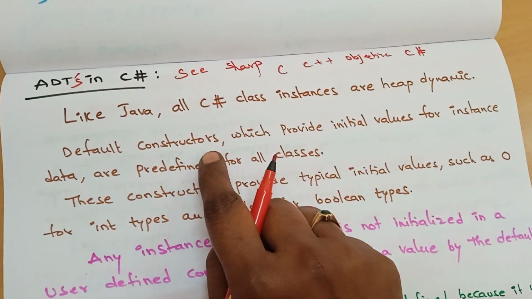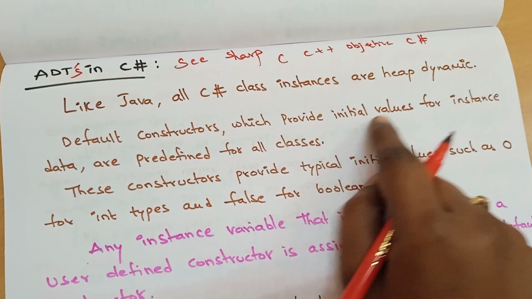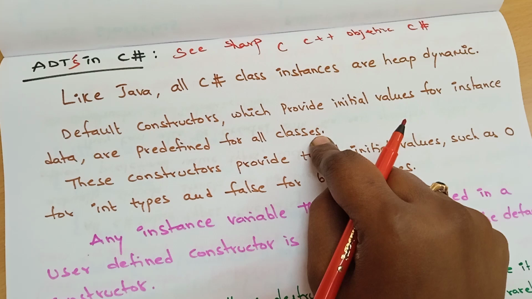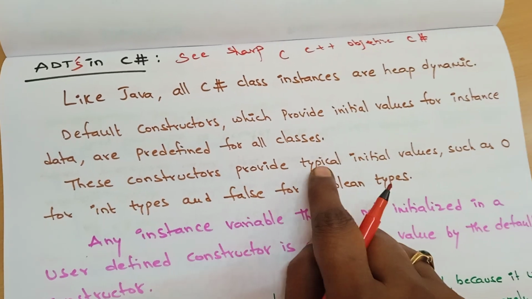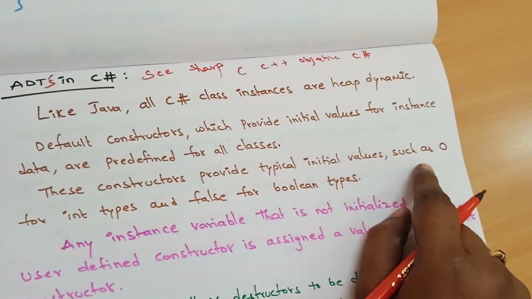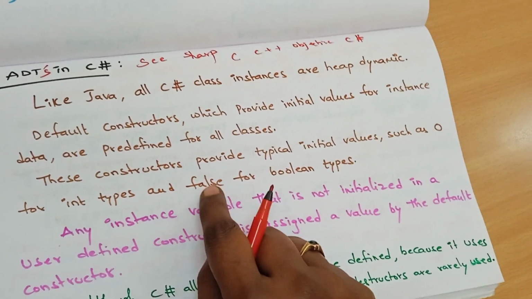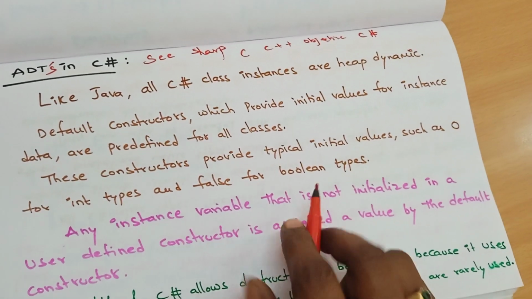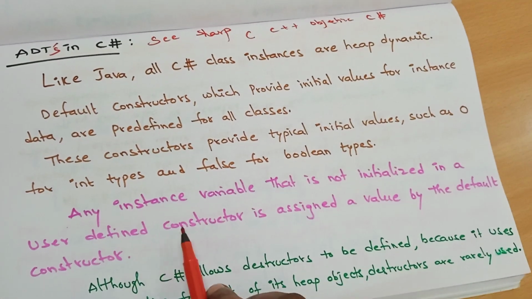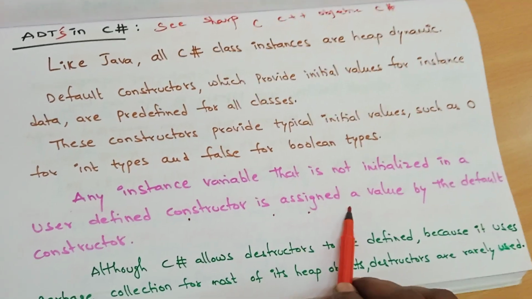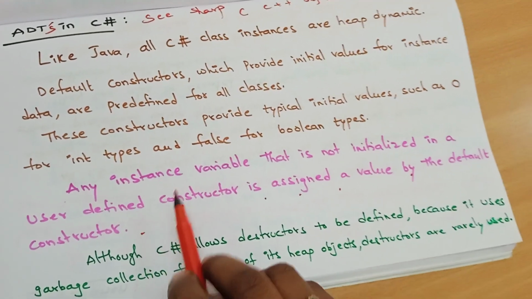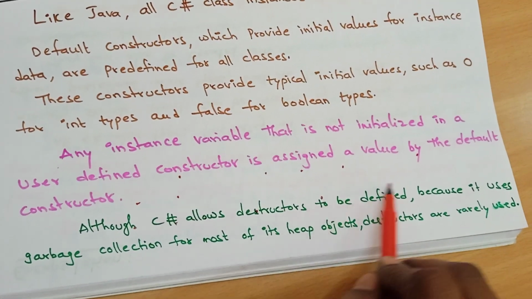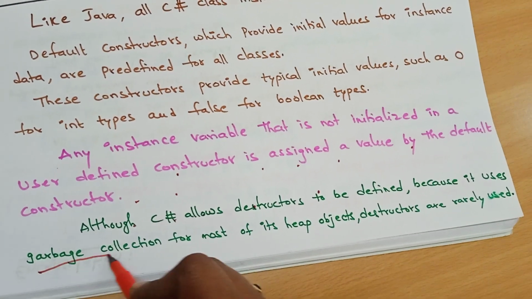Now, default constructors which provide initial values for instance data are predefined for all classes. These constructors provide typical initial values such as 0 for integer types and false for boolean types. Any instance variable that is not initialized in a user-defined constructor is assigned a value by the default constructor in C sharp. Although C sharp allows destructors to be defined,